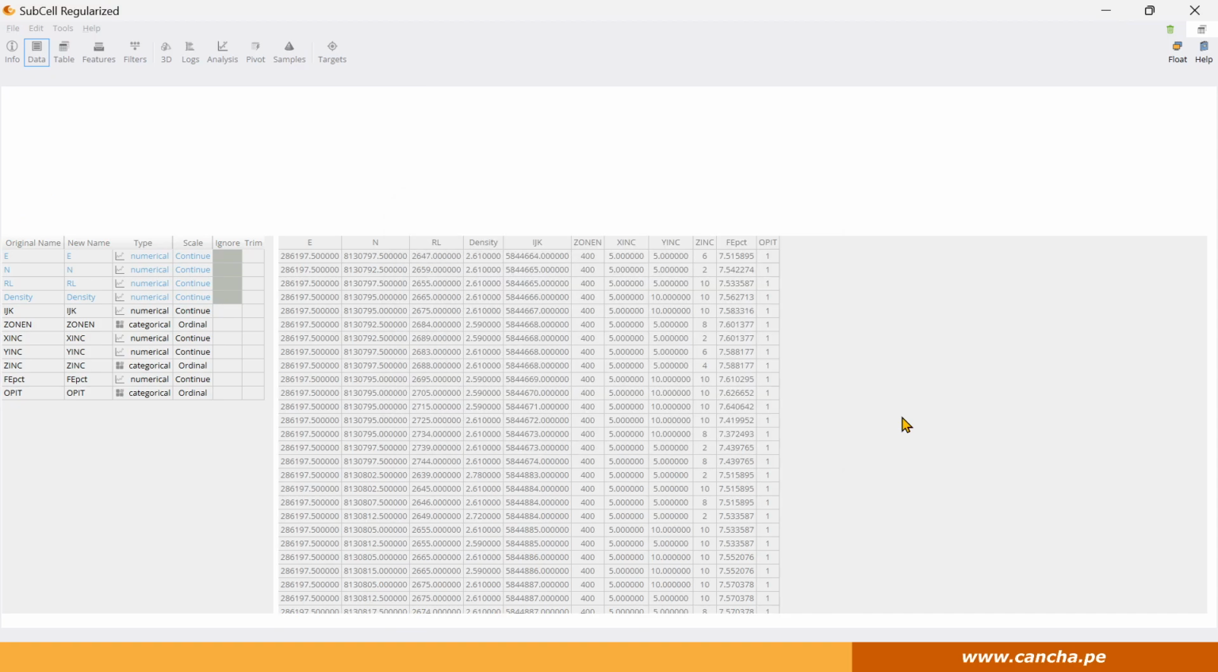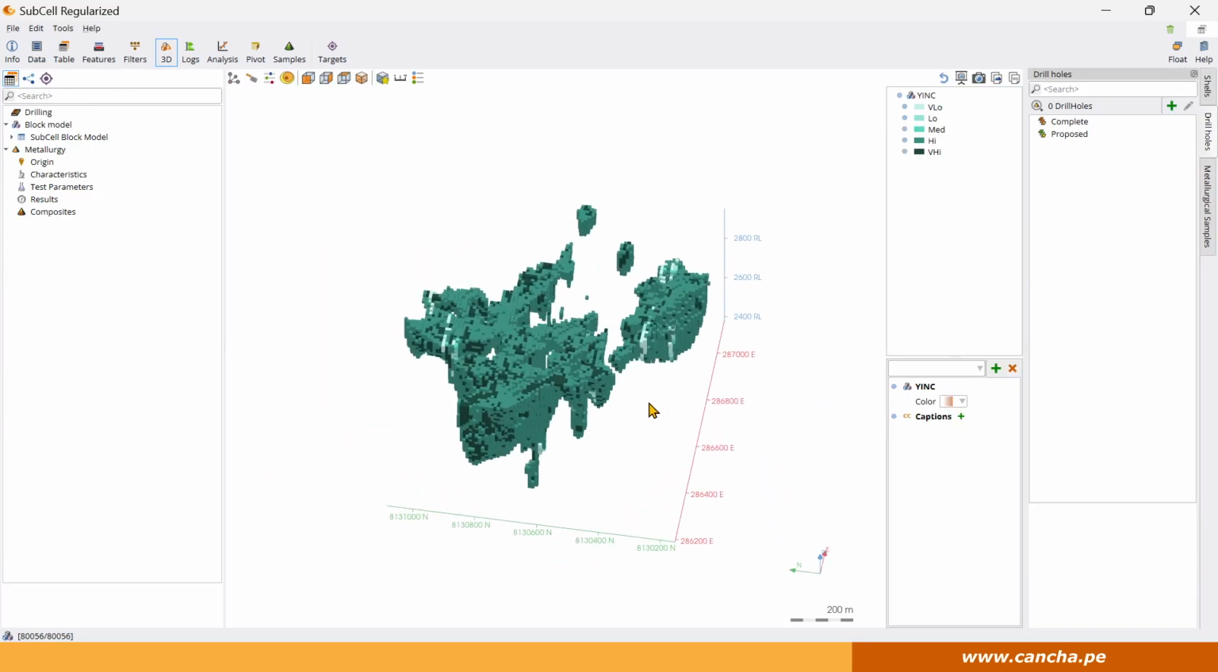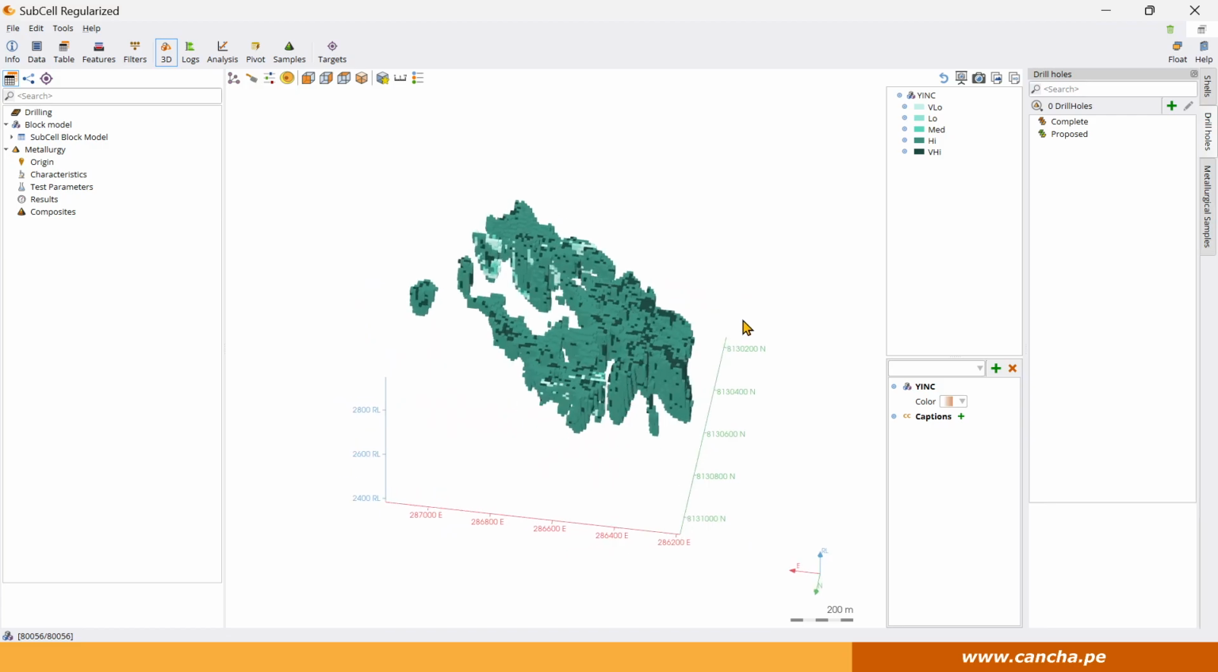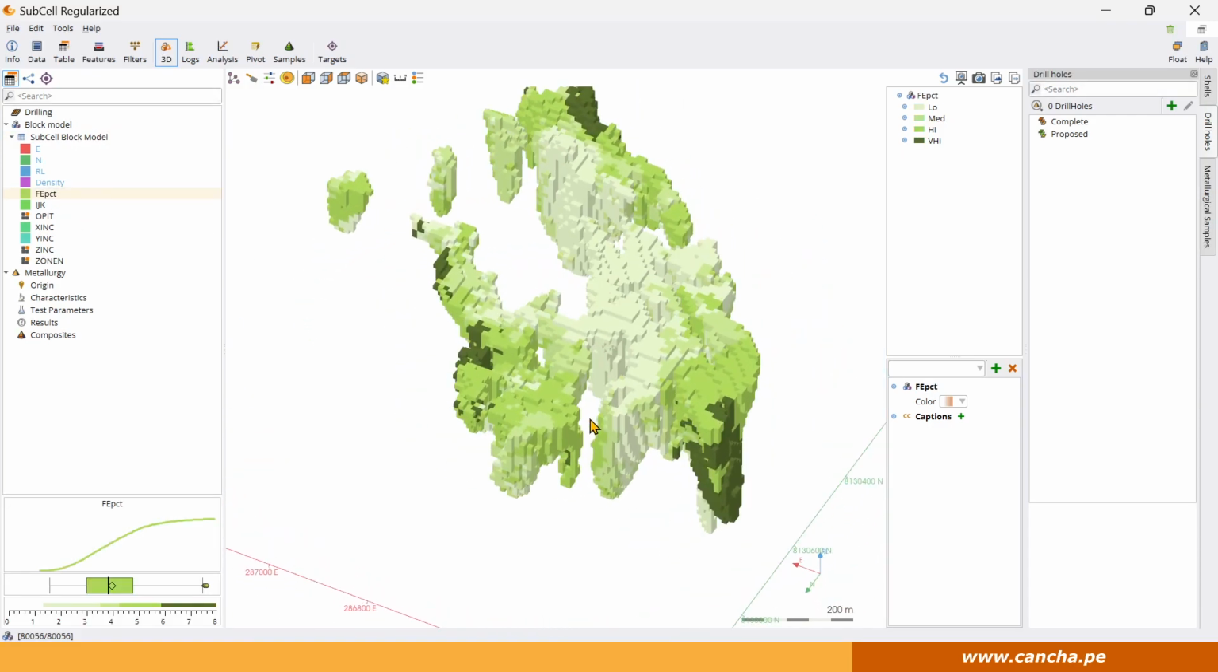And so now it's going to be a lot faster. If you've got a 6 gigabyte subcell block model, it can easily take half an hour to import into Cancha if you haven't done any trimming and haven't done any rotations or regularization. But now you can see it opens in a few seconds, and we can see a pretty useful looking grid here. So, if I was to bring up, for example, the iron grade,